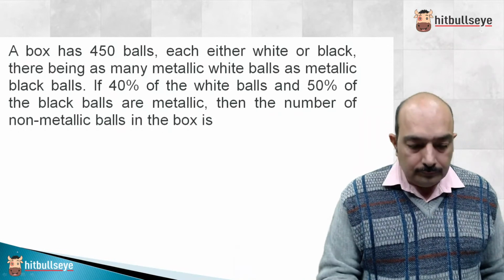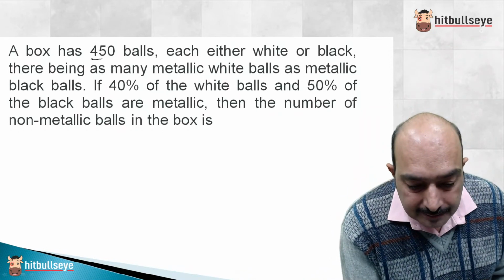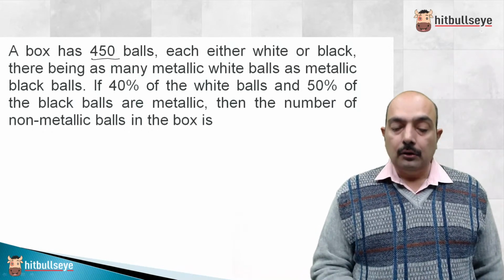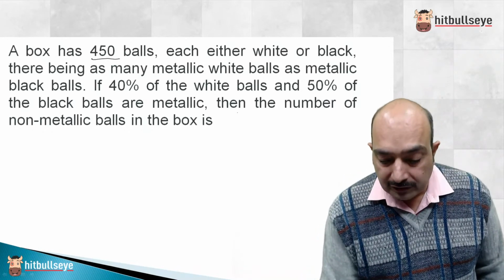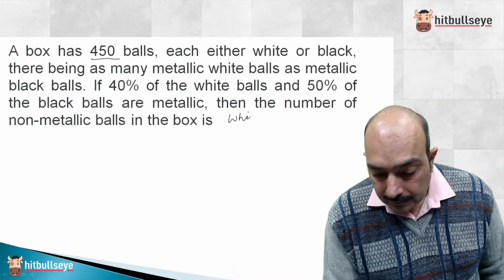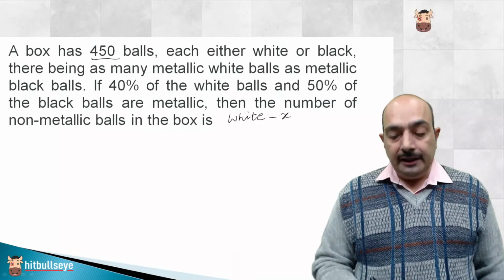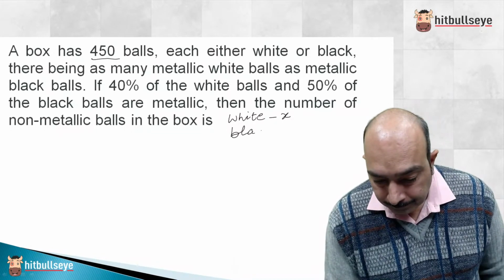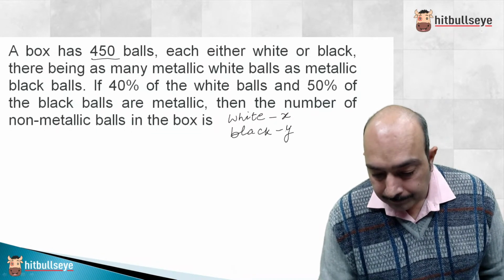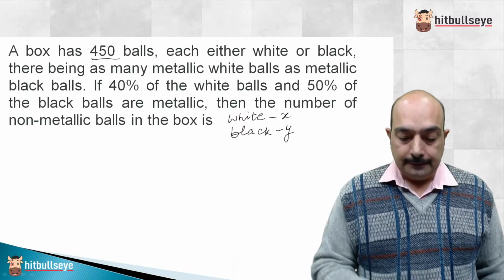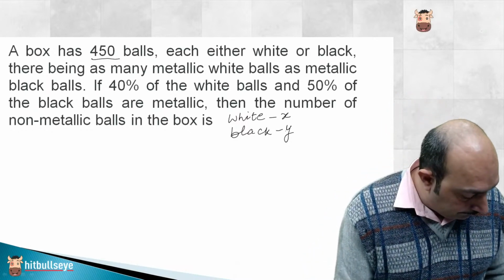So, the box has 450 balls, either white or black, which means, to put it simply, that if you have, say, X balls which are white and say you have Y balls which are black. So, to start with,